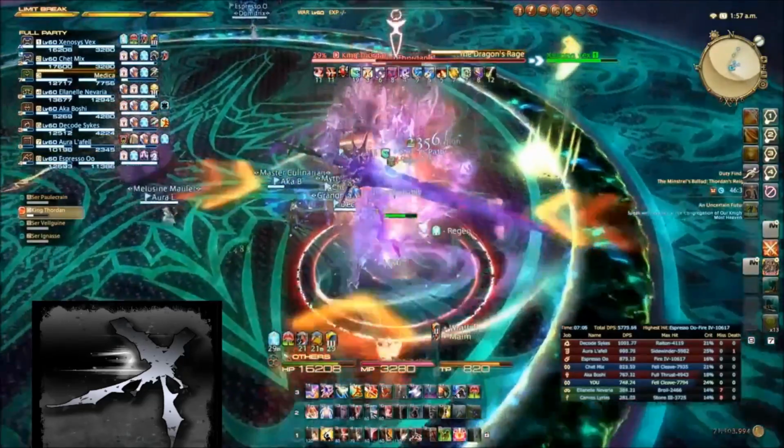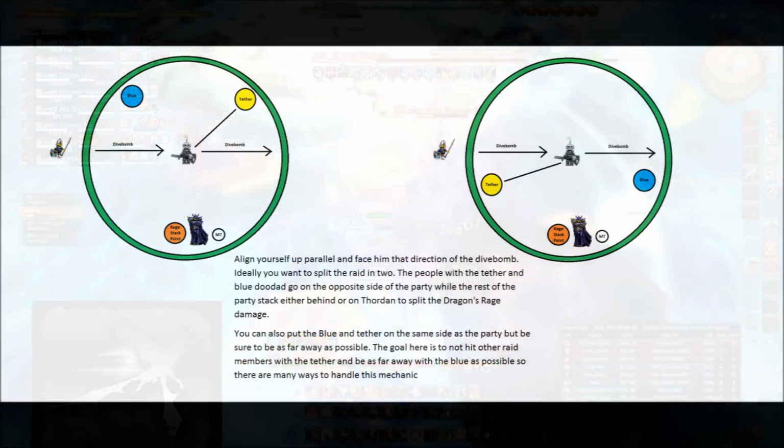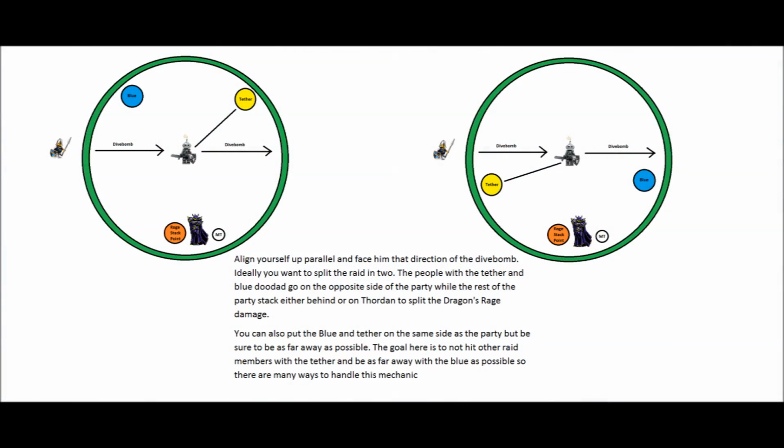So after Thordan casts Dragon's Eye, he will cast Knights of the Round. This is where you need to look to where the dive bomb is coming from. Align yourself parallel and face him in the direction the dive bomb will go. Ideally, you want to split the raid in two. The people with the tether and the blue doodad go on the opposite side of the party, while the rest of the party stack either behind or on Thordan to split the Dragon Rage's